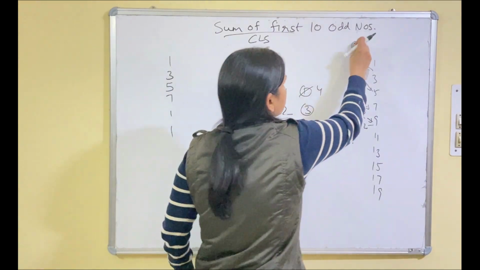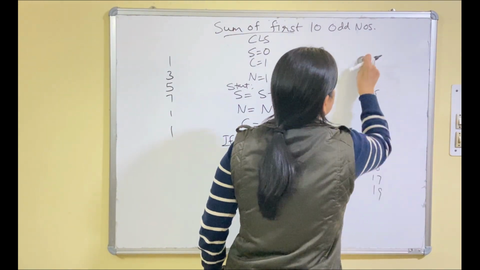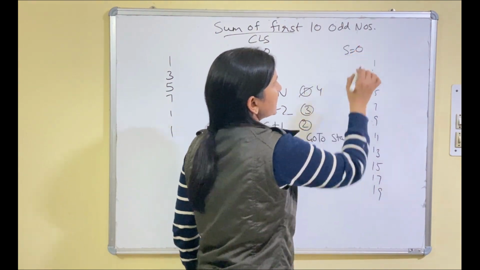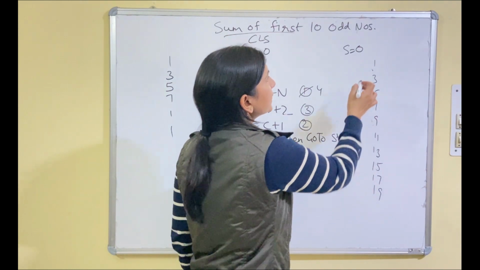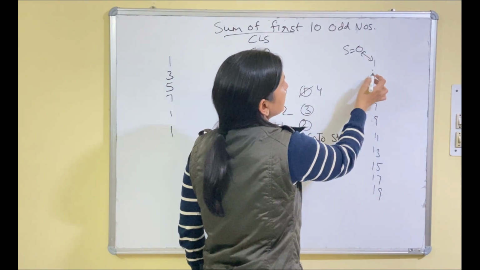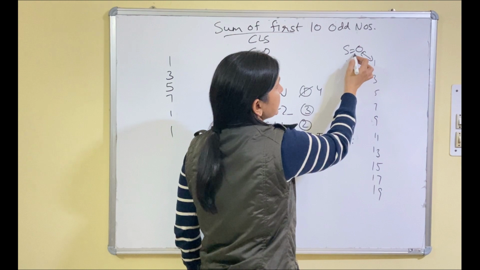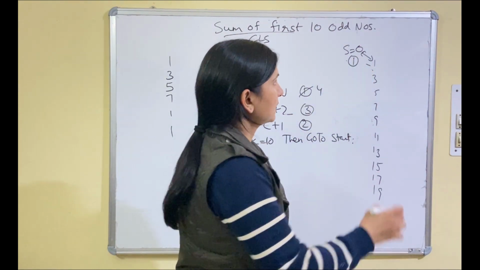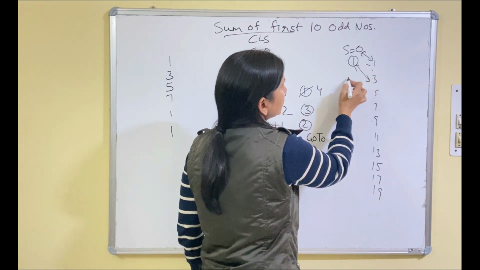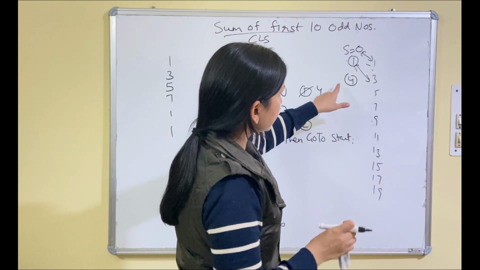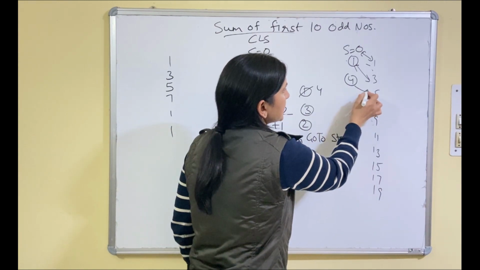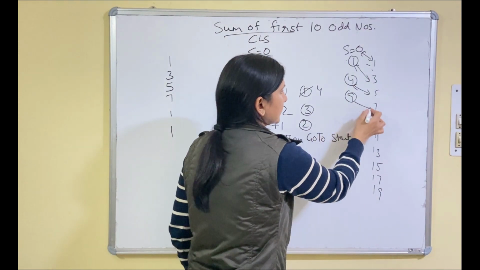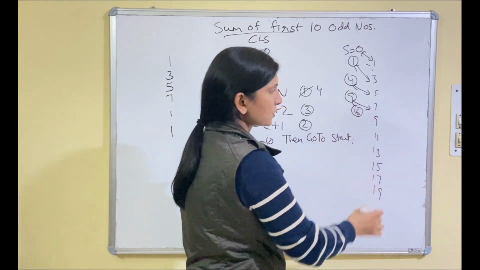See, here you see. These are the numbers. Fine. What we have done, I have taken a variable s equals to 0. First, what we are doing? 0 plus 1, 1. So again I am keeping in s. So in s, 1 will be assigned. 1 plus 3, 4. Again 4 is assigned into s. 4 plus 5, 9. Again 9 will be assigned into s. 9 plus 7, 16, and so on.